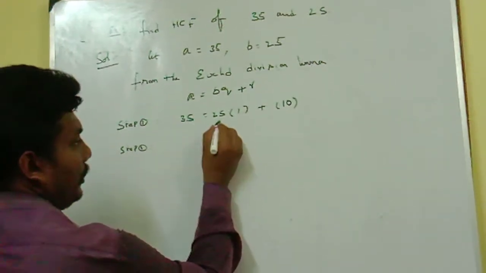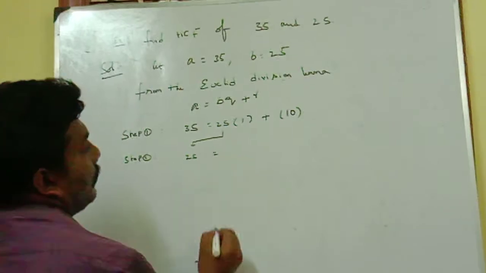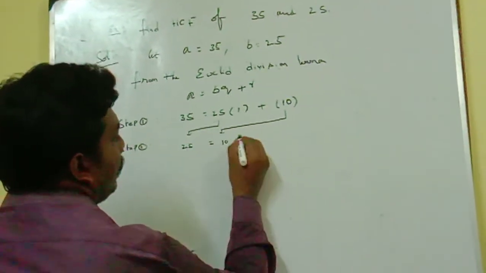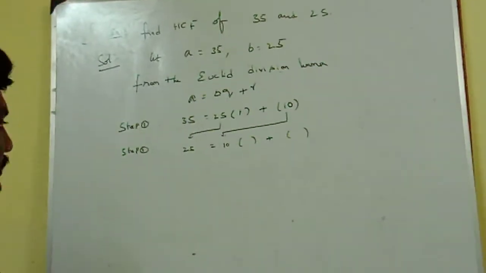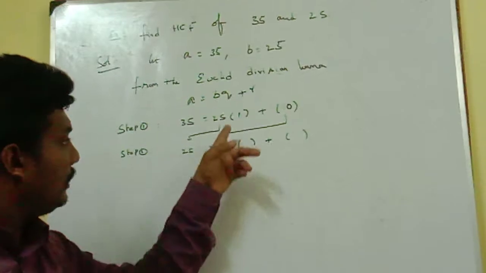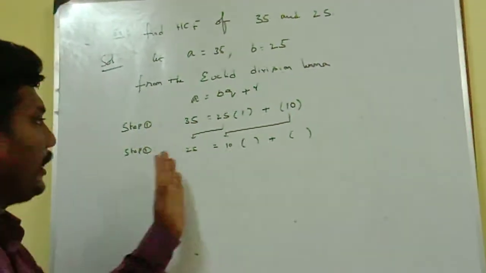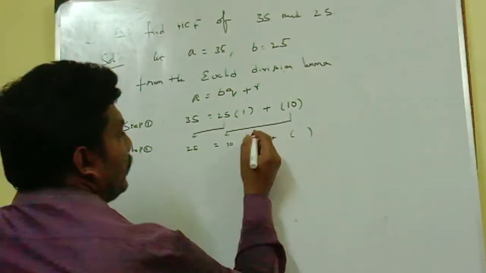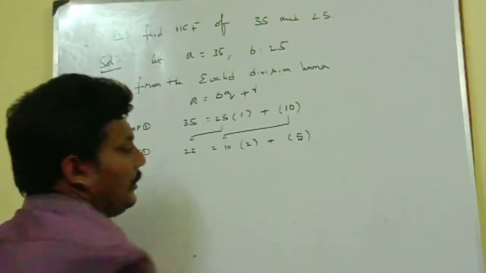So take the divisor as dividend, that is 25. Now the remainder as divisor, that is 10. Now again we are going to consider two brackets. In this second step we are going to consider the divisor as dividend and the remainder as divisor for the next step. Then again we process the same step, that is 10 2s are 20, the remaining will be 5. This is called the remainder now.